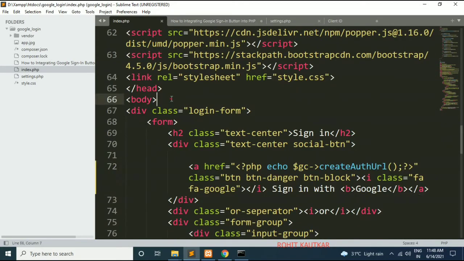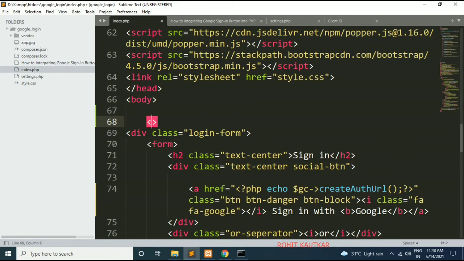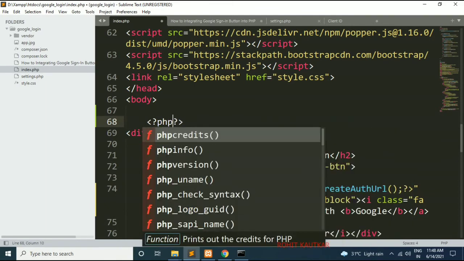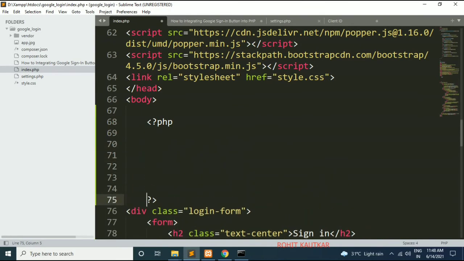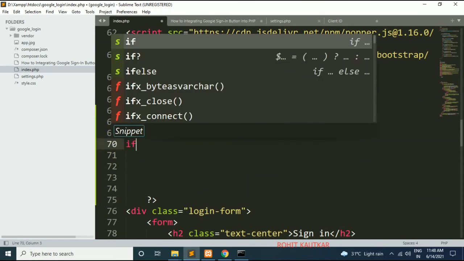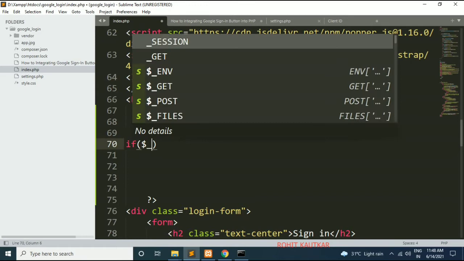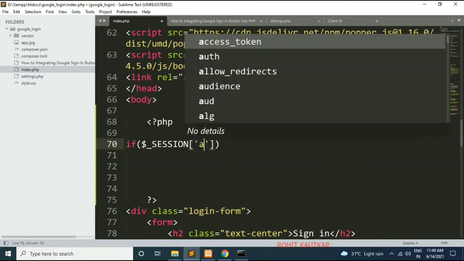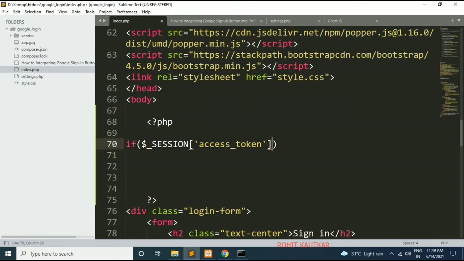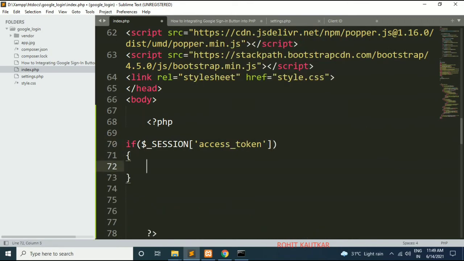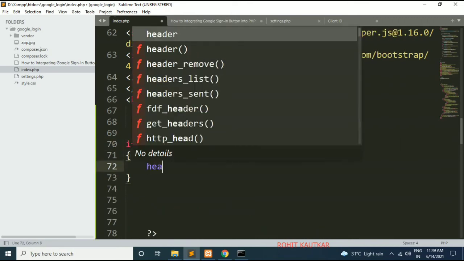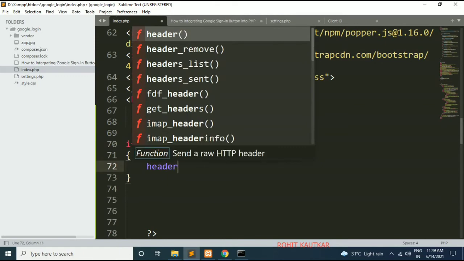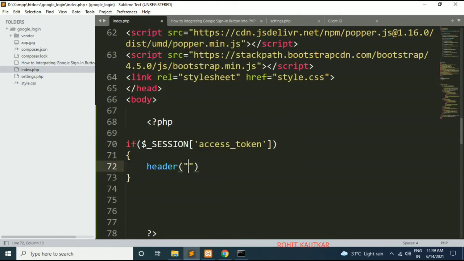Okay, so I will write here if the session variable access token is set, we will redirect our user to dashboard.php using the header function.